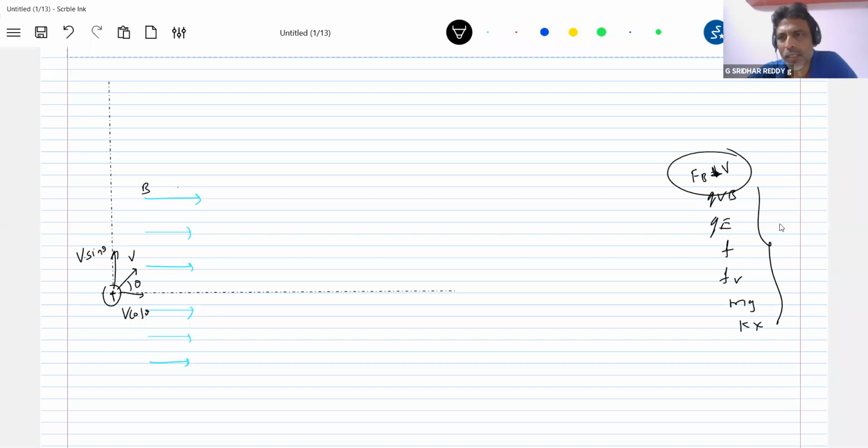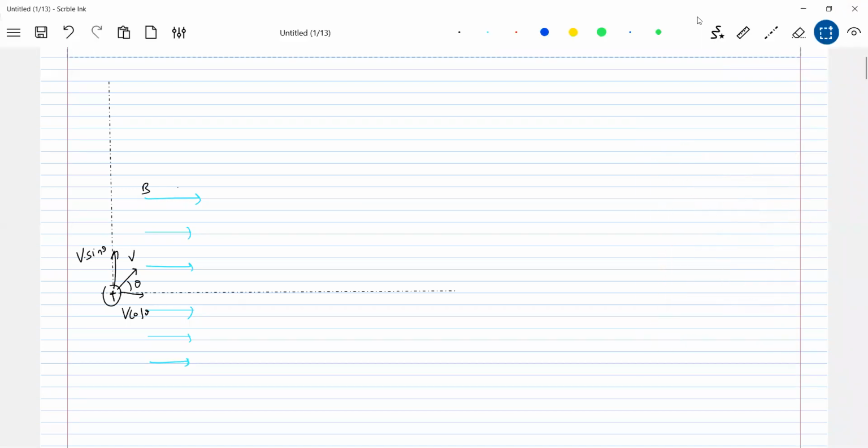So whenever you get a numerical of this kind, take help of the condition. There's an x-axis and a y-axis. Whenever that helical path comes, break up the problem. It's three-dimensional, and the particle is going to move in a three-dimensional motion. It's going to move like this, a spiral, or better, a helical path.